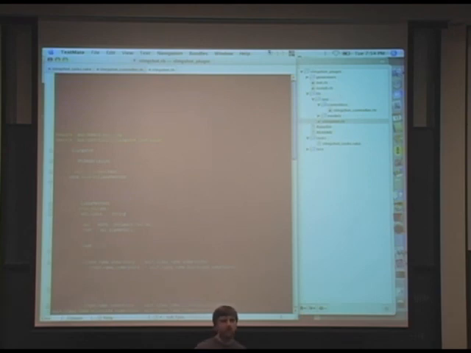I guess that's about it. I don't know if anybody has any questions about this. First thing would be, are you using CodeKit or